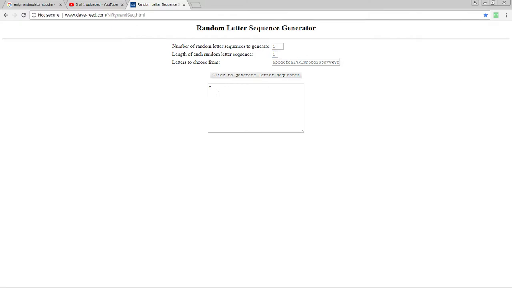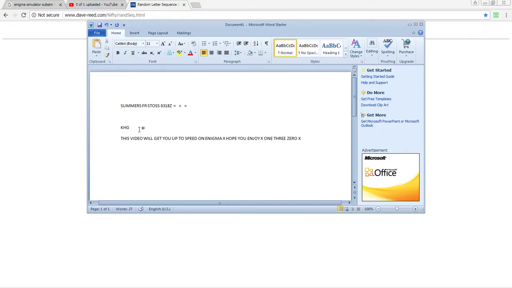So just give me a T. Okay, it got me a T. All right, so that's the first group of 4 in the message. This doesn't get encrypted or decrypted. It's just there as a double check, so that the recipient knows to look at the